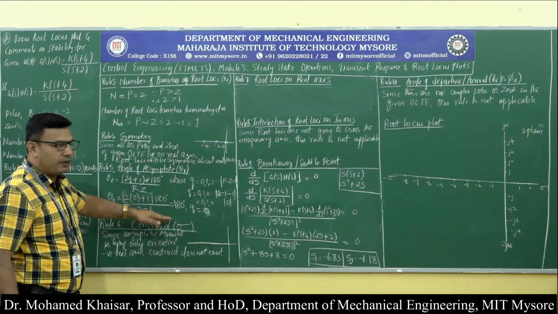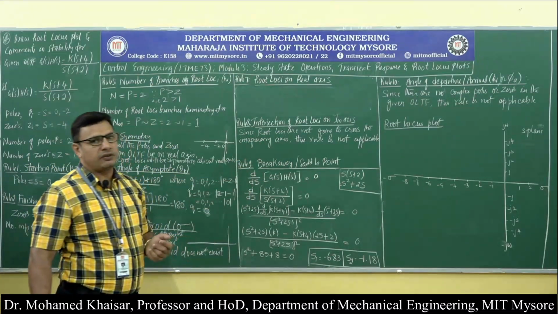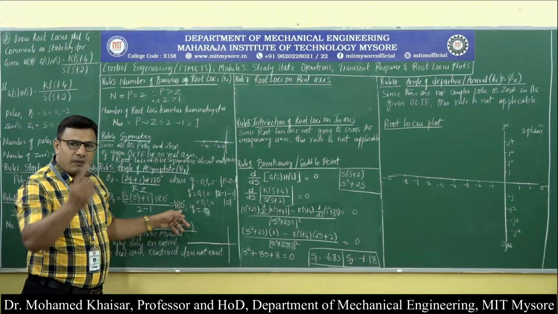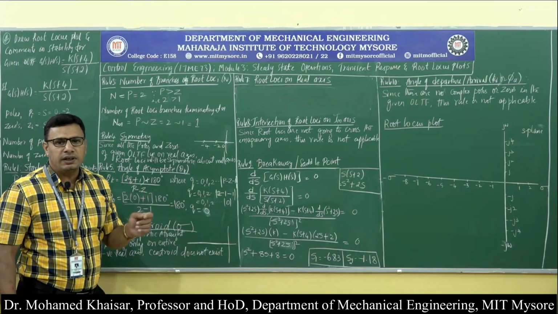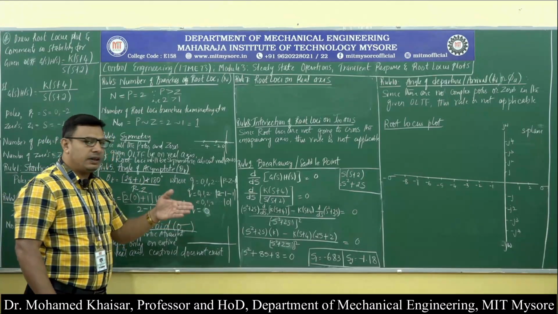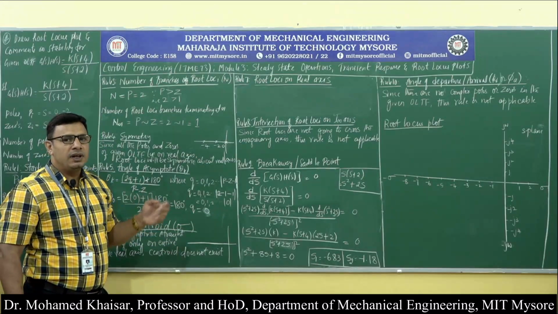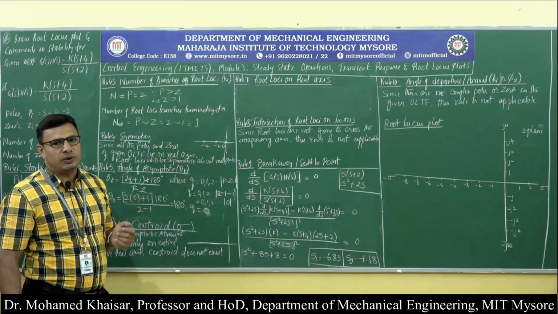Even here, the intersection of root loci with the imaginary axis does not exist. Why? Because there is only one angle of asymptote, that too along the 180 degree line. The 180 degree line lies on the entire negative real axis. The branches of root loci will approach the asymptotic straight lines, or they travel along the asymptotic straight line.